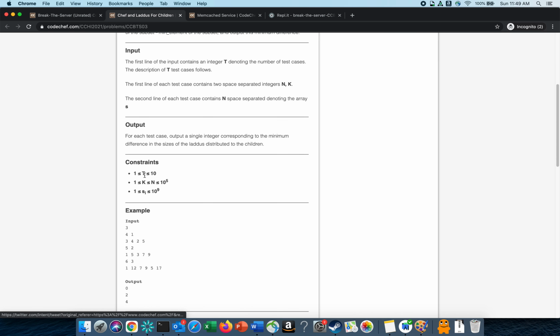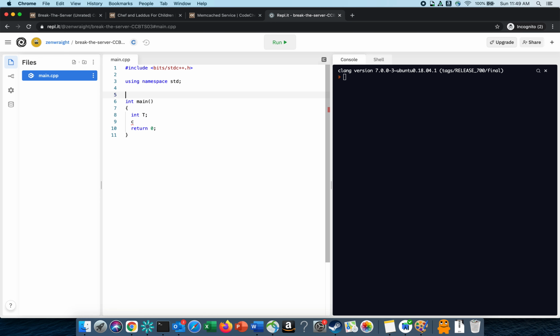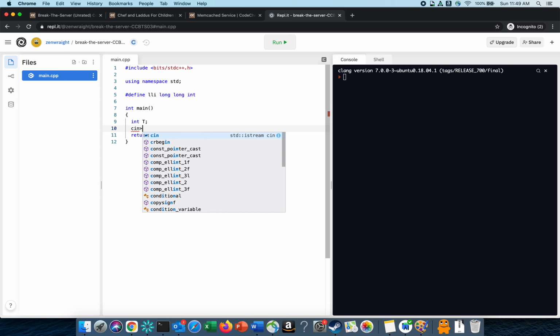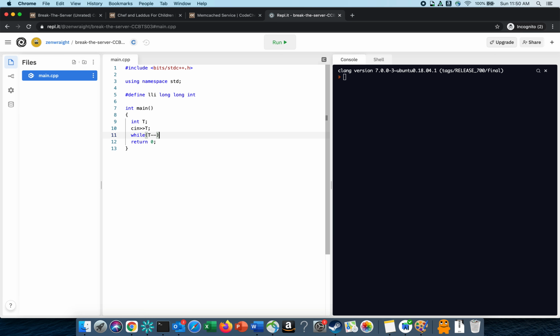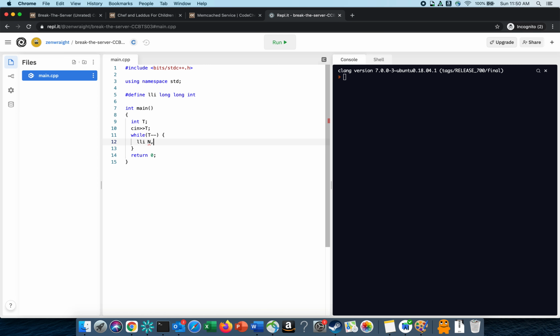Oops, not this one. Should I take 10 to the power 9? Let's not take any risk. Okay. So T and then N and K are there. Then I have a vector of 2, for i equal to 0, i less than T, i plus plus. Okay, and then I do